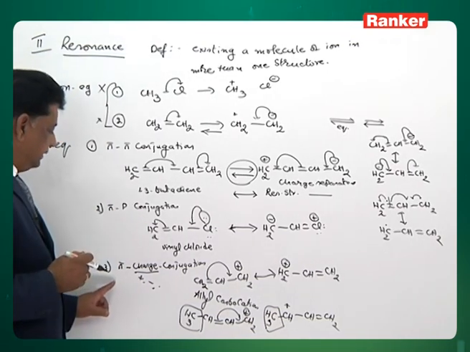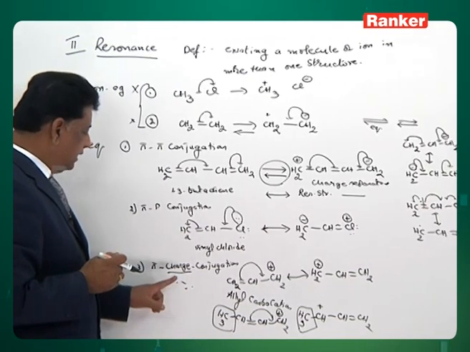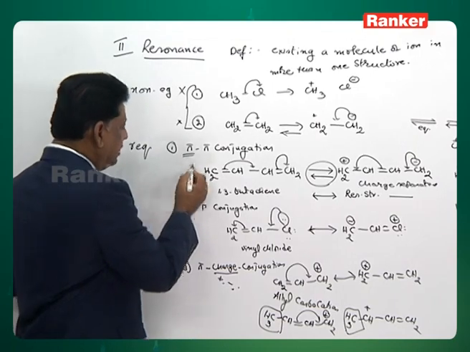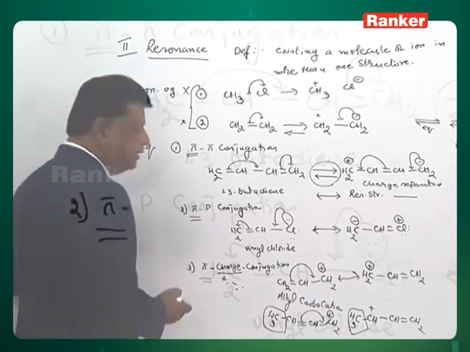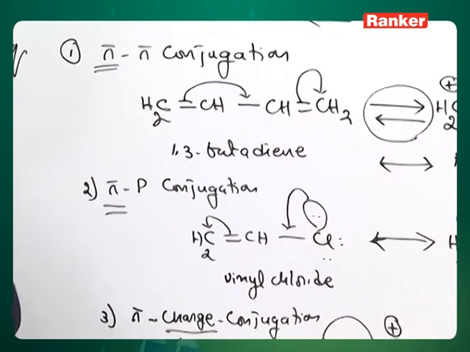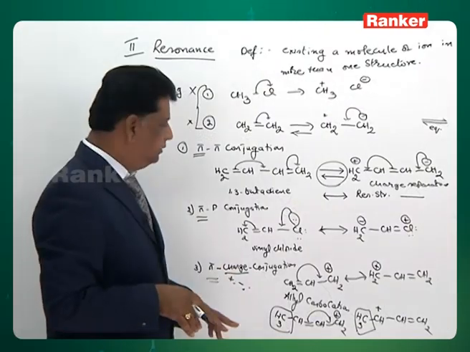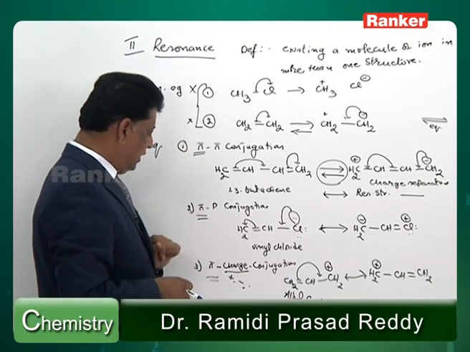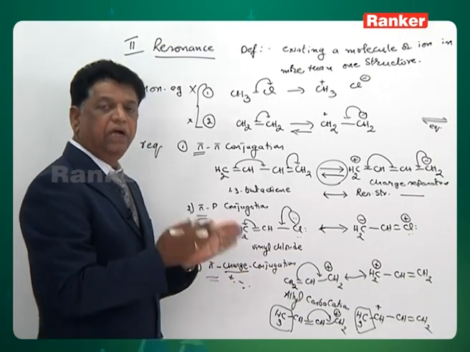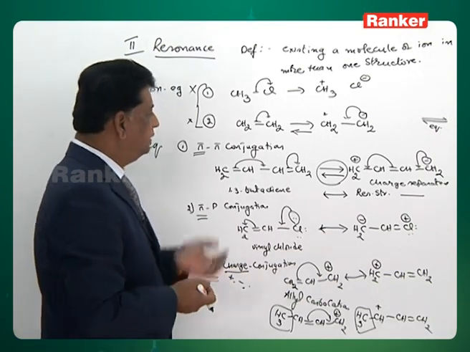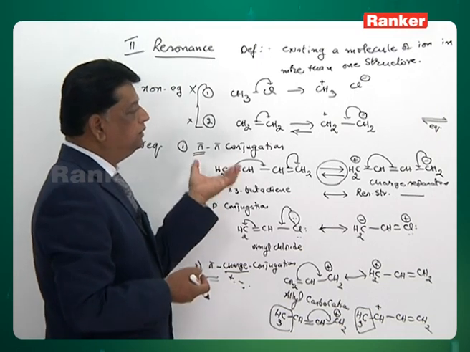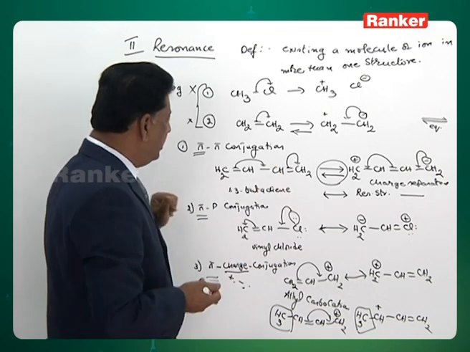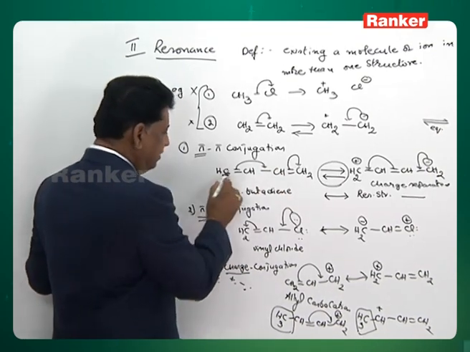So the three conditions are either with the dot, or with the minus, or with the plus charge, along with a pi bond. Inevitably in all these three systems, pi should be common. So you can make one statement: without a pi bond, resonance cannot come. In all the systems, inevitably there are two pi bonds, or a pi bond with a pair of electrons, or a pi bond with a charge. When alternating, we are going to establish this type of structure, and more structures may be possible. In fact, it is not necessary only two. We have another structure for this particular first example.